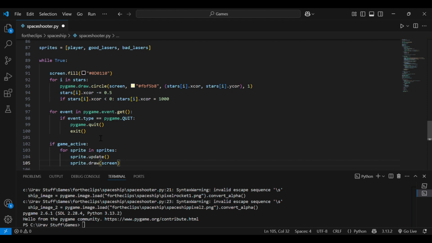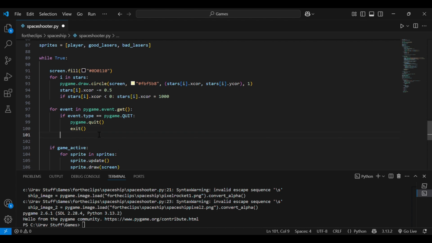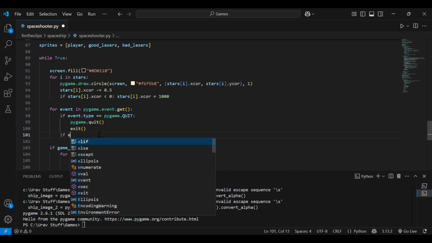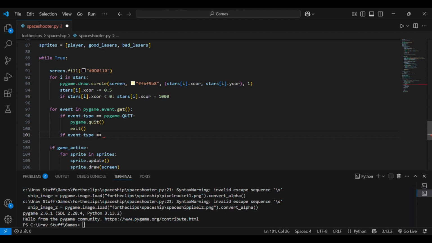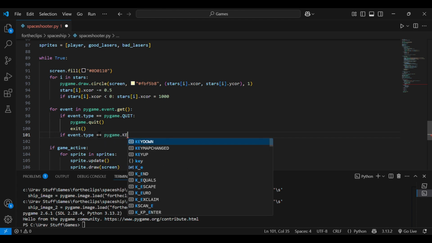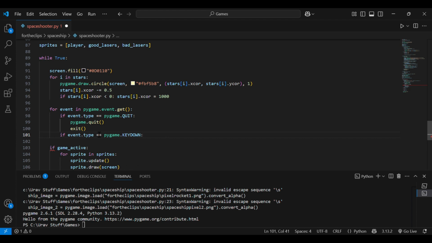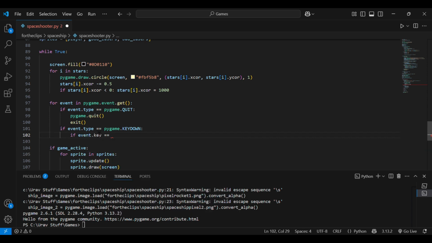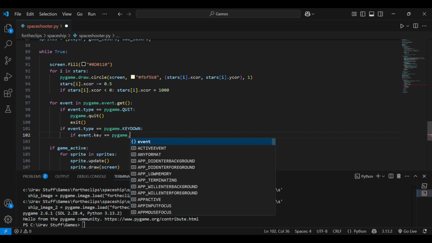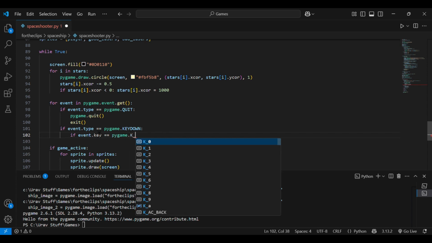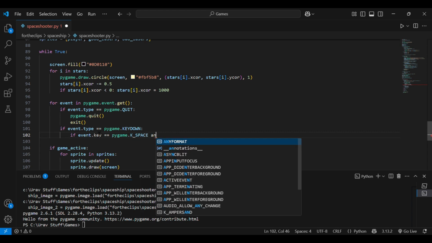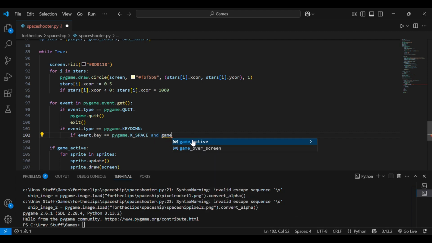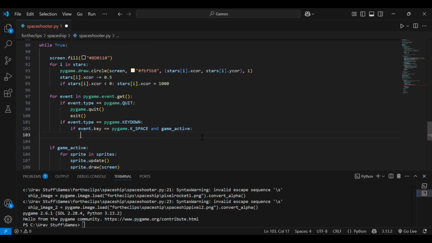So to do that, we'll do, and we're already checking for events here, so we'll add another condition. If event.type equals pygame.KEYDOWN, which is whenever a key is pressed, if event.key equals pygame.K_SPACE. And we also need to make sure the game is active because we don't want the player shooting if it's not active. We'll do good